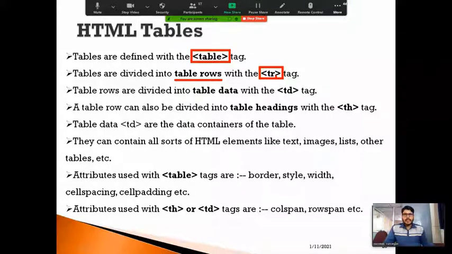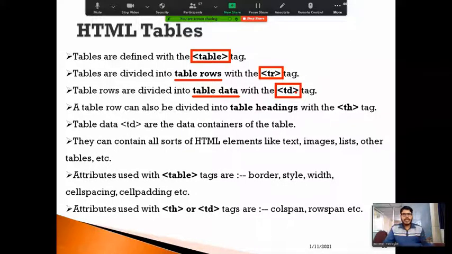And similarly, we can divide the rows into a number of columns by using table data. By using table data, we can divide the entire row into columns with the td tag, that is the table data tag. By using this tag, we can define how many columns we require.